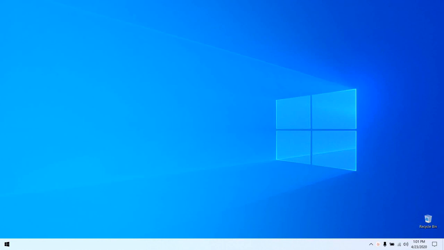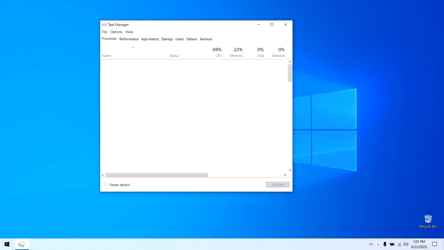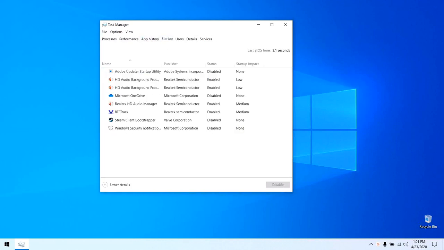Press Ctrl Alt Delete. Come into your task manager and go to the startup tab. Over here you can see some services which, when you start up your computer, will boot up or launch first. So disable services which you are not using after starting up your computer.